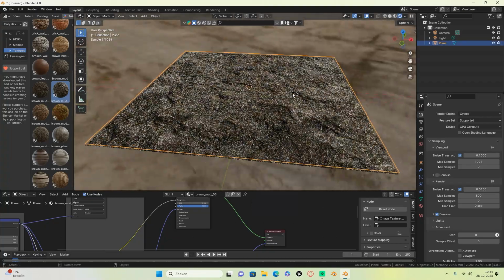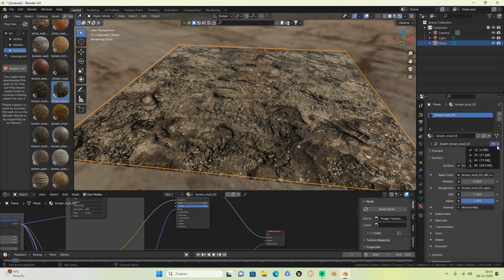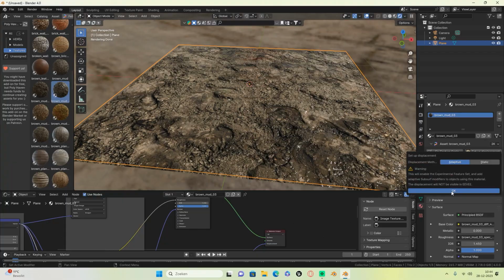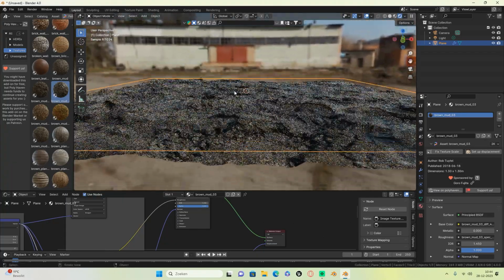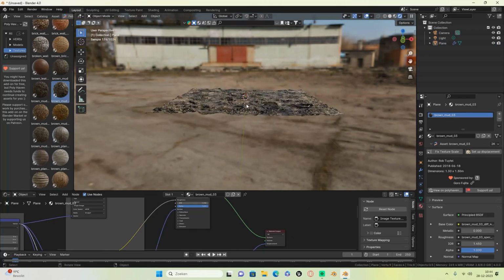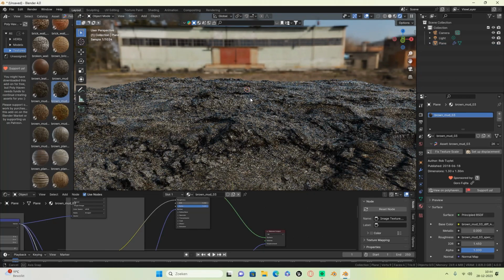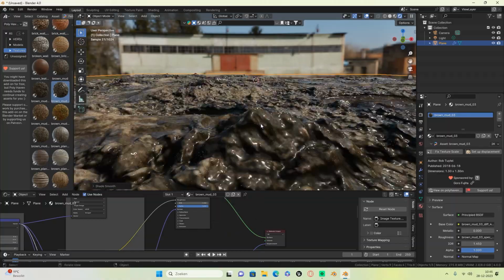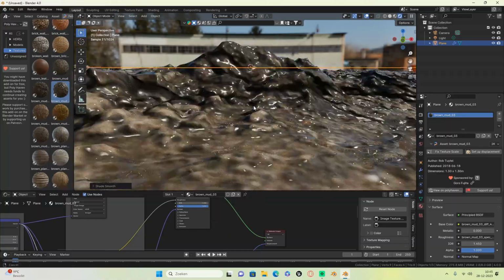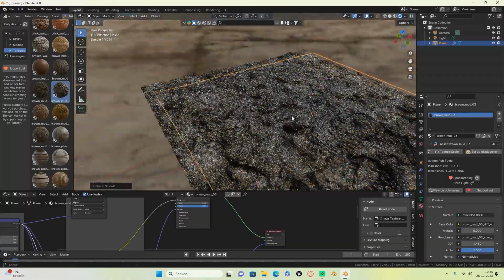The Polyhaven add-on has a really nice feature that you can go in here, either increase the resolution or set up a displacement. And this is adaptive subdivisions, so it will adapt to how far you are from the object. When I hit shade smooth, it will refresh this, so you can see here it's pretty detailed, and at the